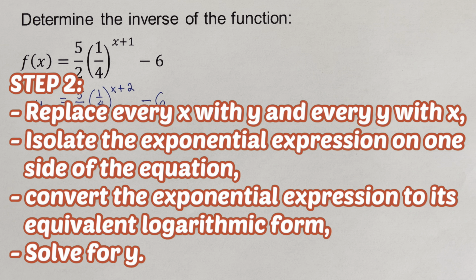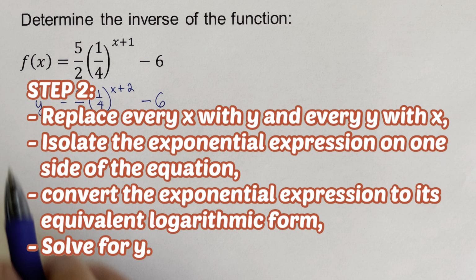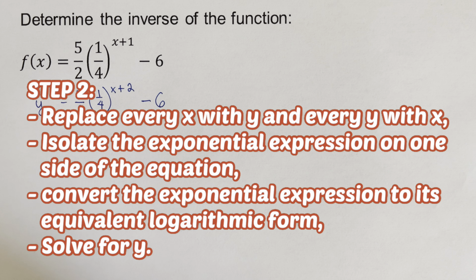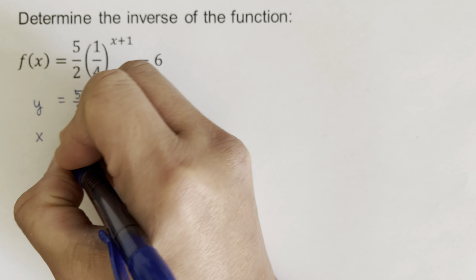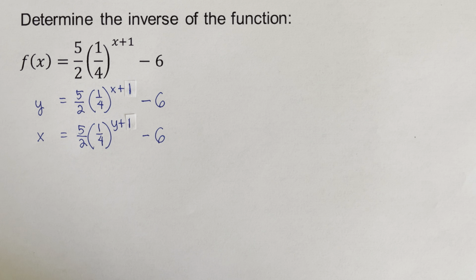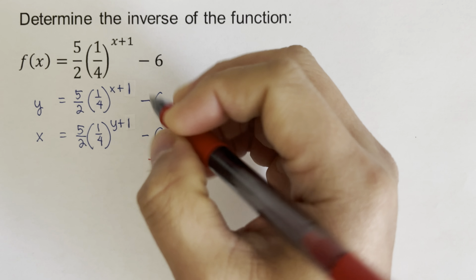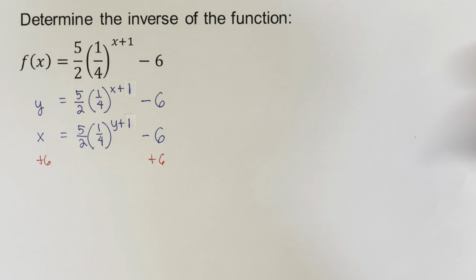The second step states that we're supposed to replace every x with y and every y with x. Isolate the exponential expression on one side of the equation, convert the exponential expression to its equivalent logarithmic form, and solve for y. So then we go ahead and change this y to x and this x to y. So I'm just going to rewrite this. So again, our target is to isolate this part right here so that we can go ahead and add 6 to both sides. So that would be plus 6 and plus 6 right here,